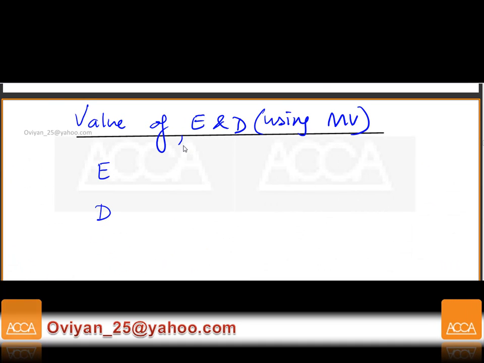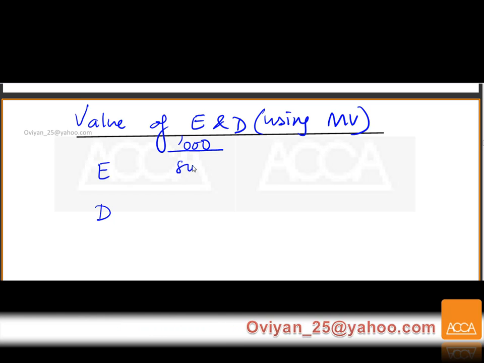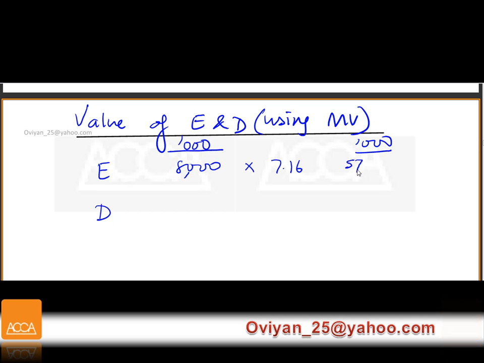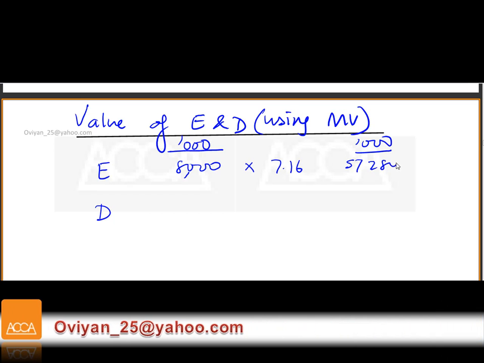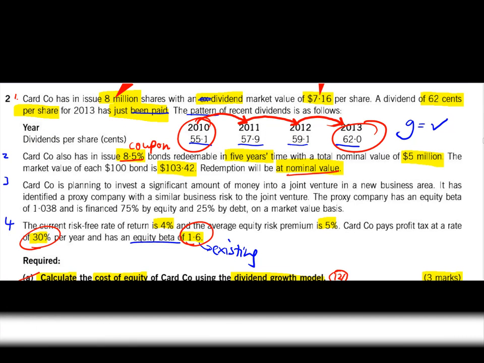We'll work in millions. Is that okay? We'll work in thousands. So 8 million is written as 8,000 multiplied by 7.16. That's going to give us an answer of 57,280. And your debt in this case, in paragraph number 2, it states here that it's going to be